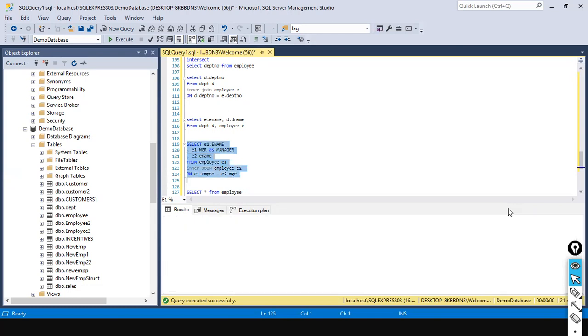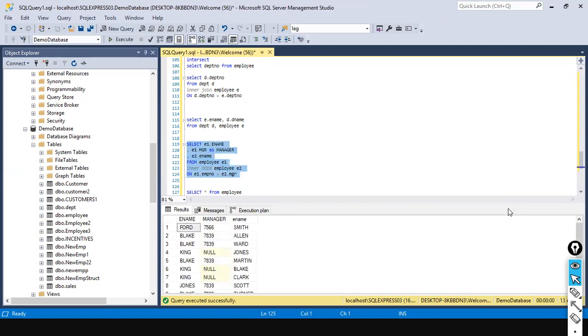The left join is the reason why we are using, look here, this one, the inner join gives me the correct thing. For Ford, the manager is Smith, and for Blake, Allen, and again, Blake is reporting to